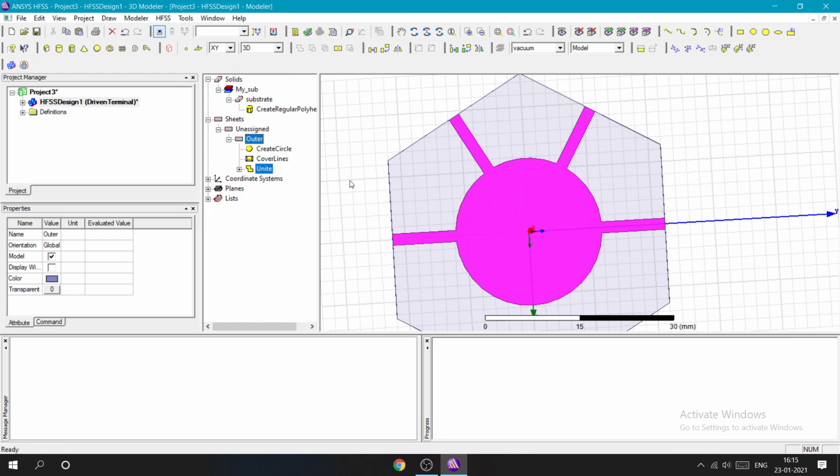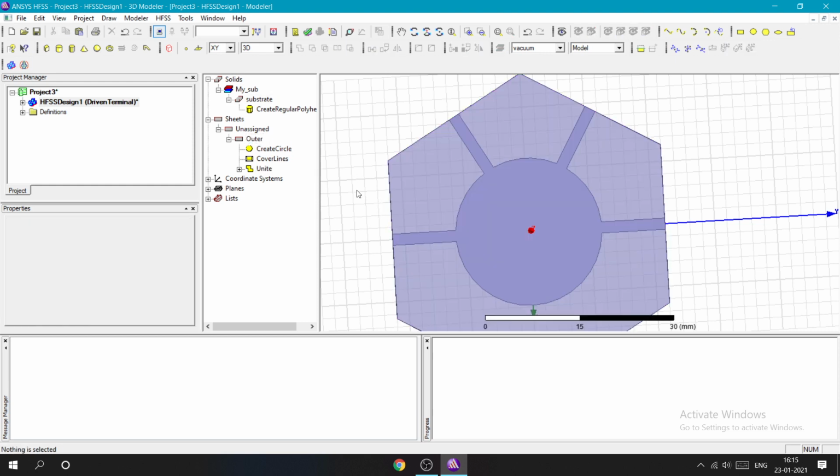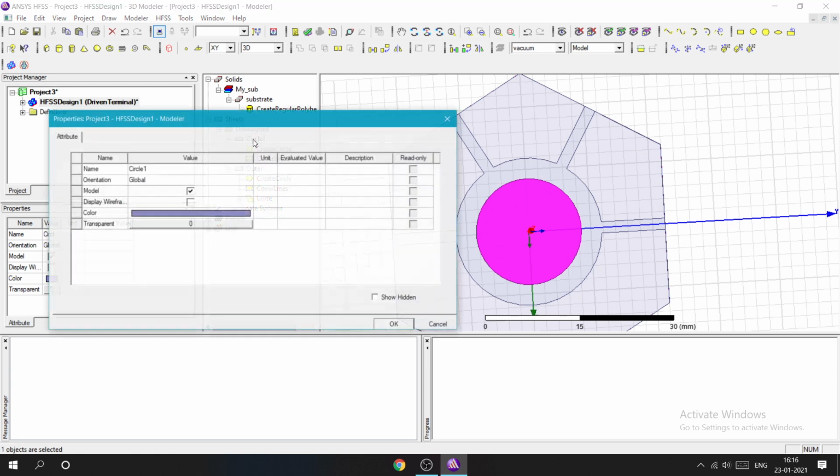So now the name is still outer, because I first selected outer. Okay, so outer is there. Now I need to cut a circular shape out of this shape. So I will make a circle here and name it inner.